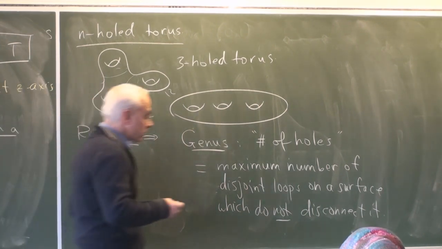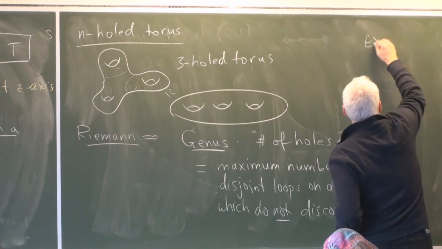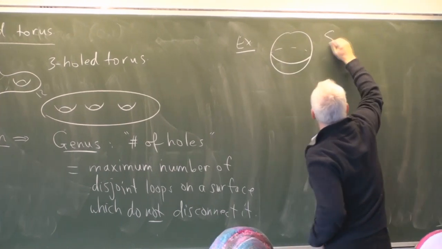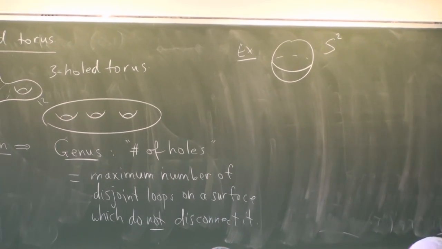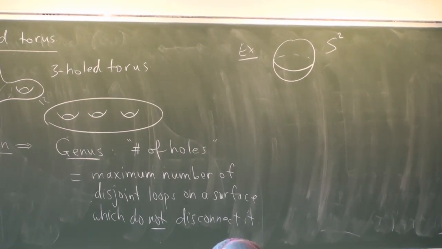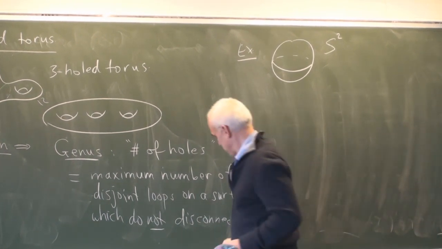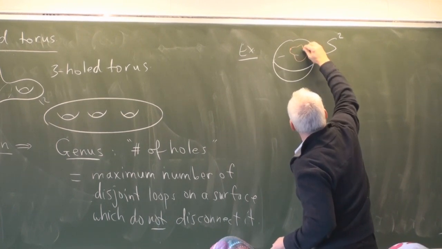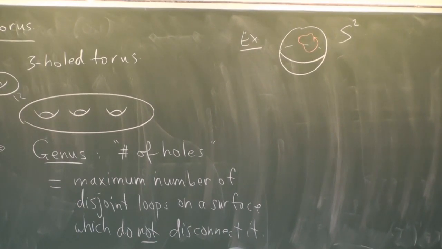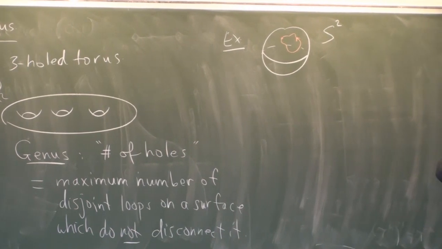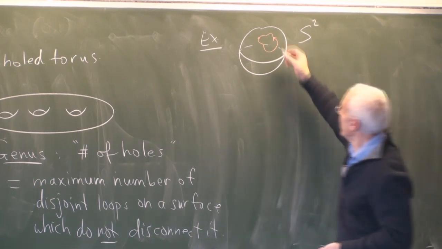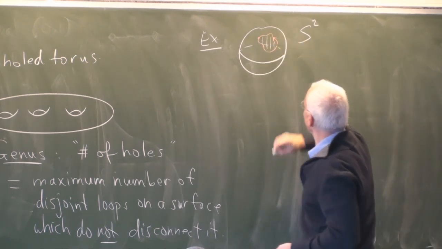So for example, the case of the sphere, there's our sphere, S2. If we draw any closed loop on it, start there, and on the surface of the sphere you draw a closed loop, come back to where you started. And if you take a knife and you cut along that loop, then the thing falls into two pieces. There's an inside and an outside of that loop. So there'll be that piece there and then the rest.